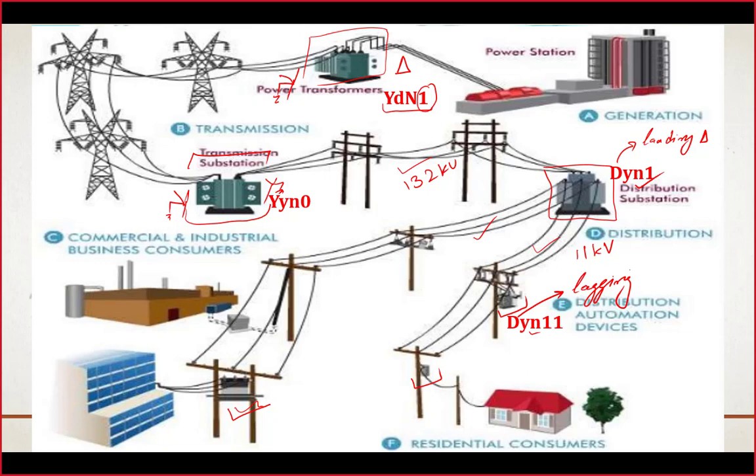Another question I want to address here: this transformer here may have the other possible vector group as well, DYN11, because it doesn't make any difference. All the generators are only connected after this transformer with each other. There is no direct connection of the generators with each other. So the second vector group is also possible for the generators. So there is no fixed rule for the vector group for the transformer at the generating station.